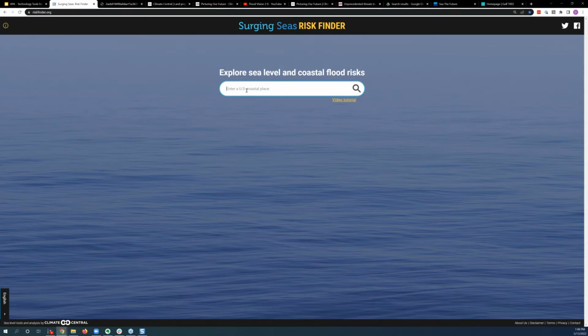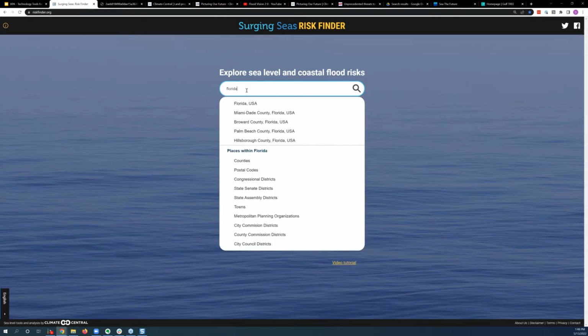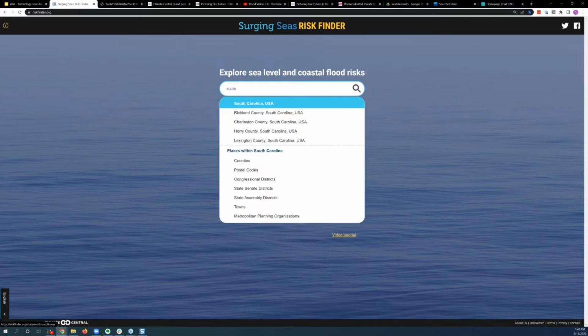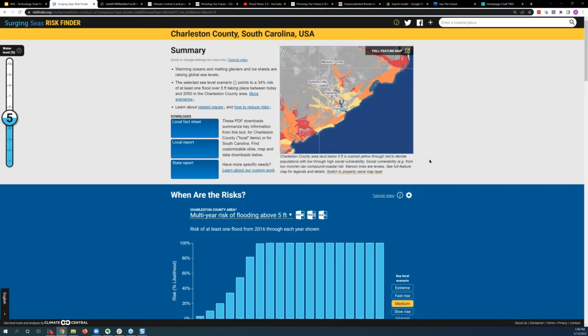You can start with your state and search for Florida, and it gives you all the area types and administrative areas you can get analysis for. Just to be consistent with what Doug was showing, you could search for South Carolina, and let's go to Charleston County to show you how our tools are complementary to what Doug's tools do, and NOAA's tools.